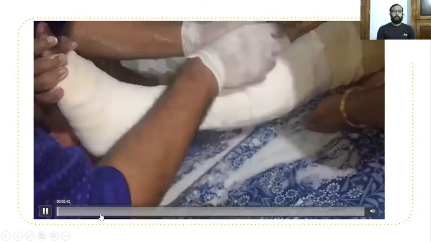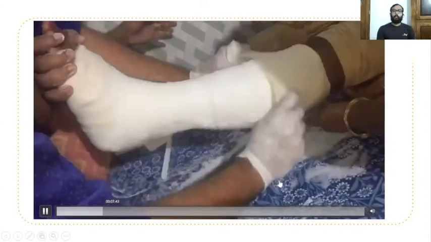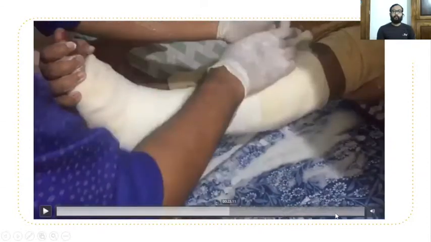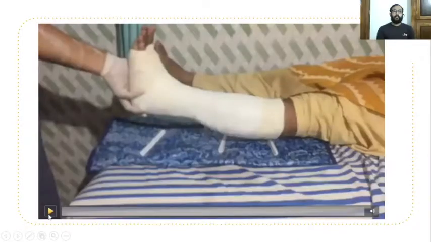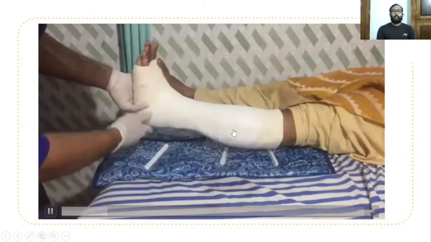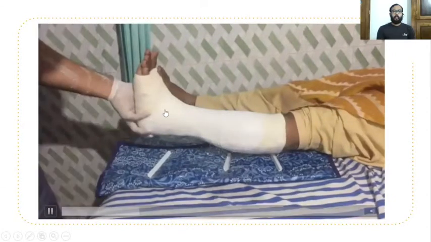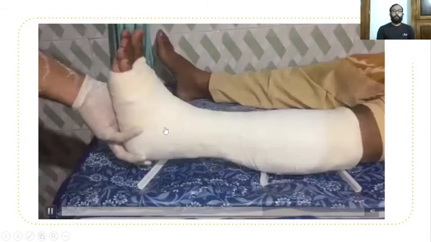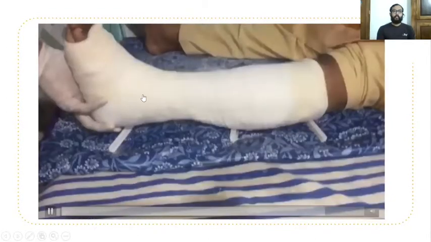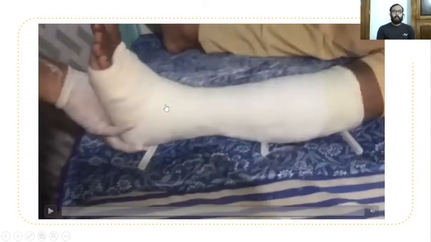Here you can see in the proximal end also we are doing the same. Here this is the complete bandage, half cast bandage. We can mark this particular point and ask the patient to pour Muruvanna over the fracture site. Here we can mark this particular point and ask the patient to pour Muruvanna over this particular point.